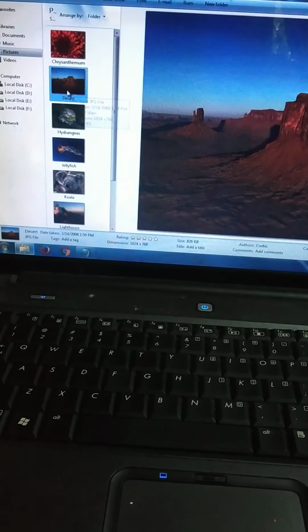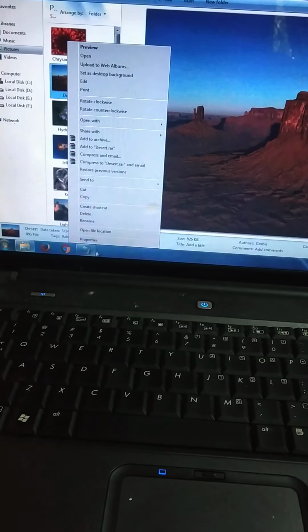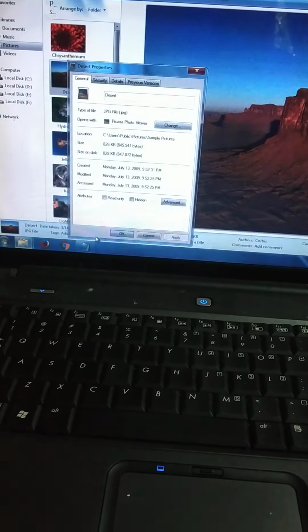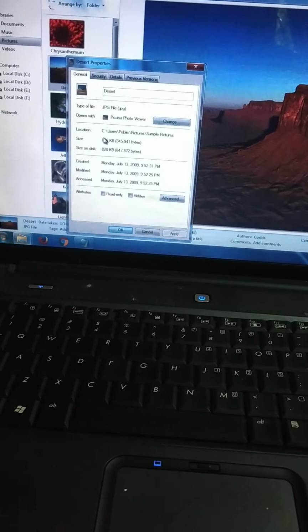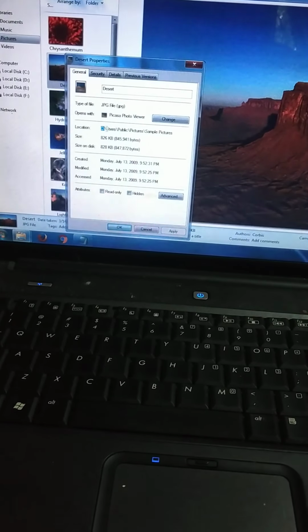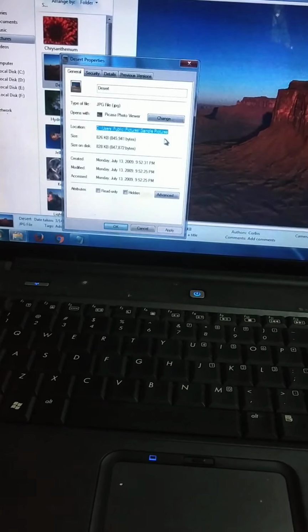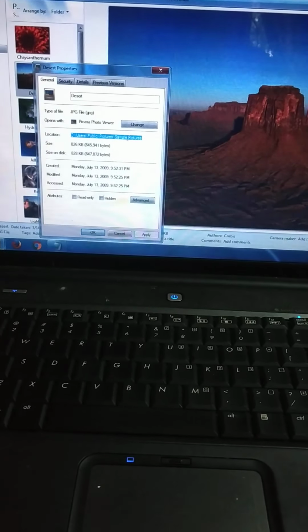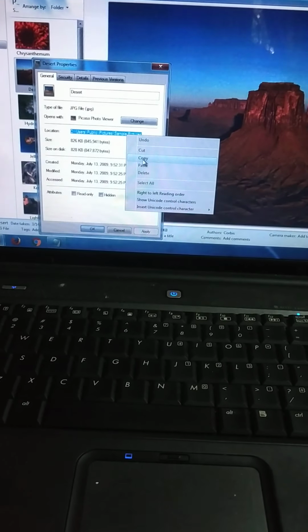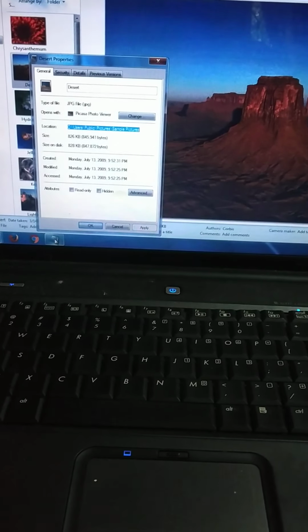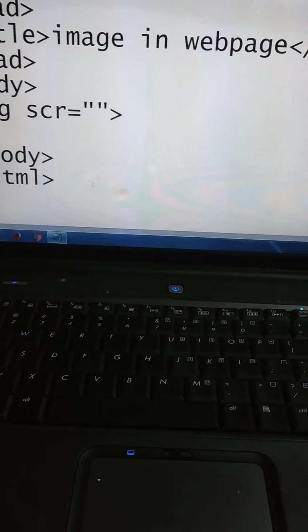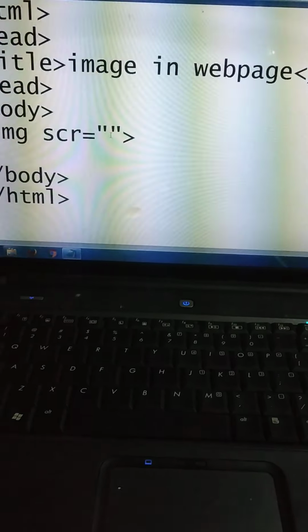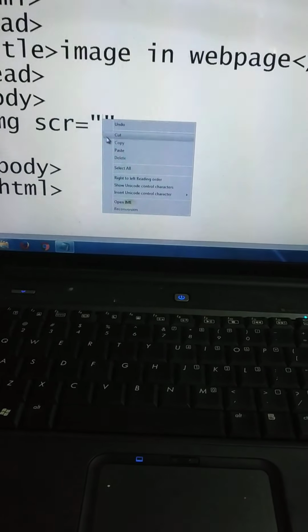Okay, and if I right click over it and go to properties, then you can see the total address, or the total path, of the picture has been given. So let me copy it from here. I'll select the whole thing, then go to copy and go to my HTML file. Here I will just paste the location of the path.